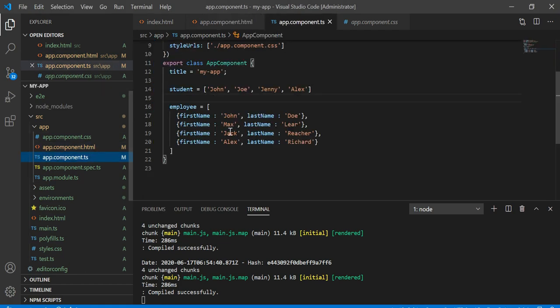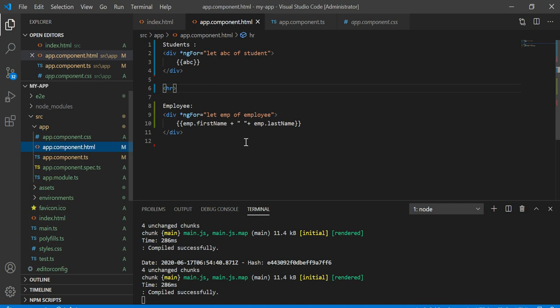Same goes with this employee array. We should have a pointer and it iterates over every element, and for that we have these keys. Let emp is the pointer and it iterates over employee, and now first name and last name are the two keys which are present in the array.